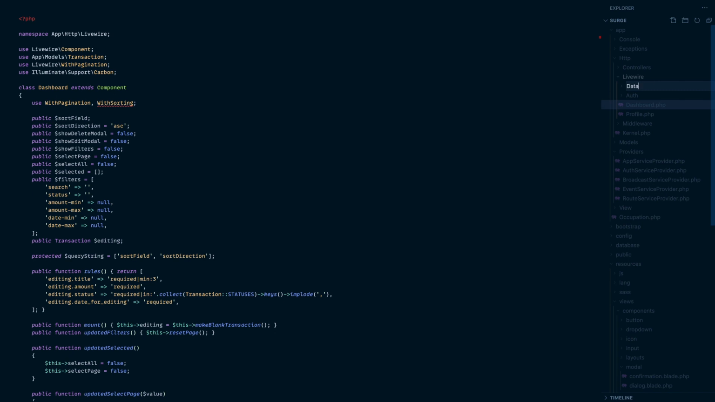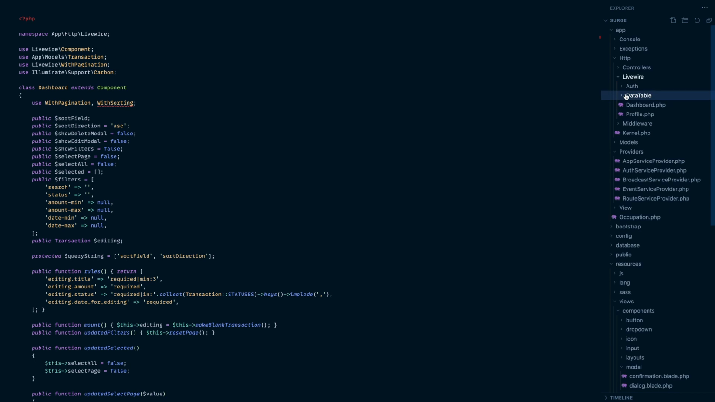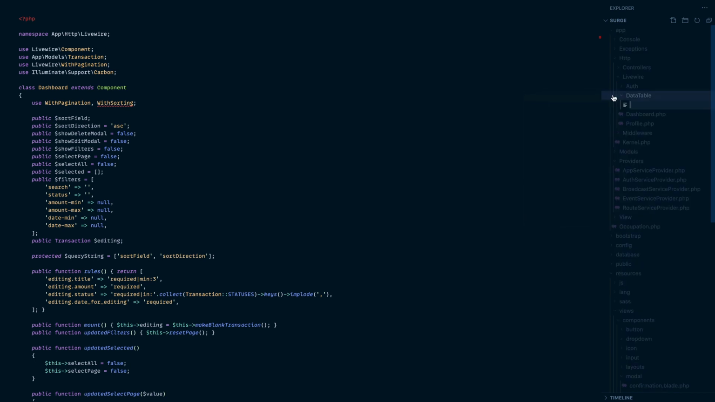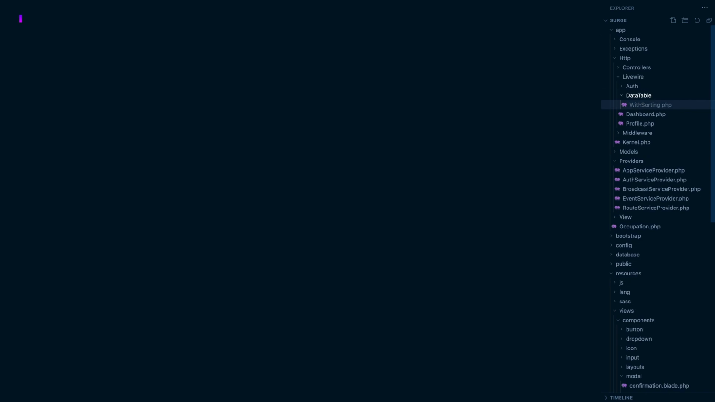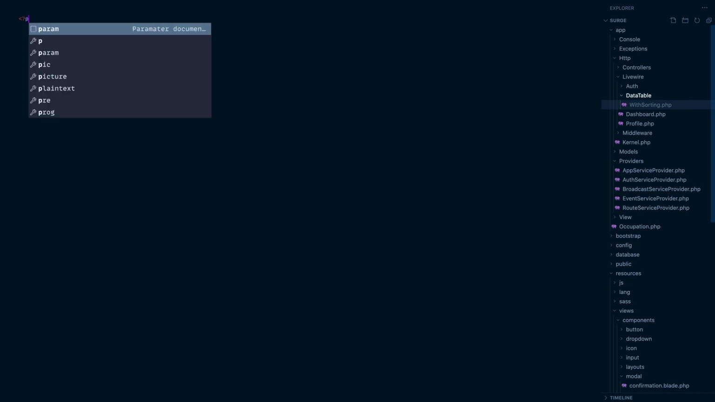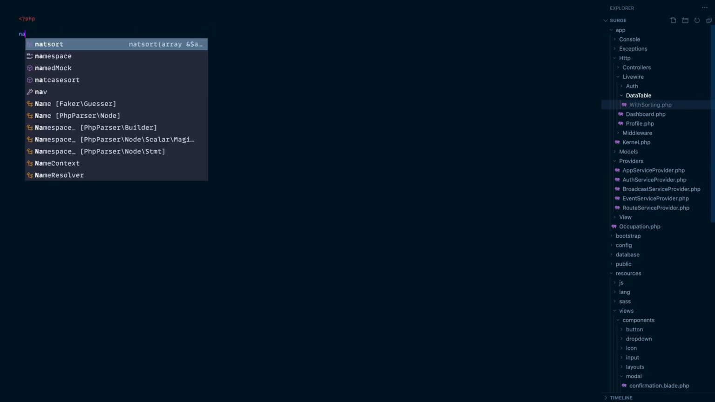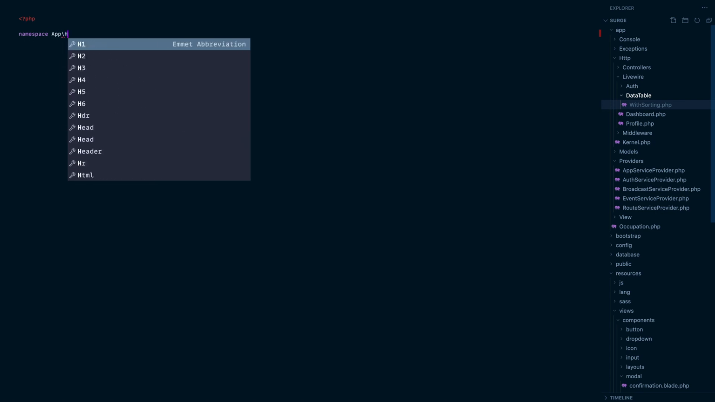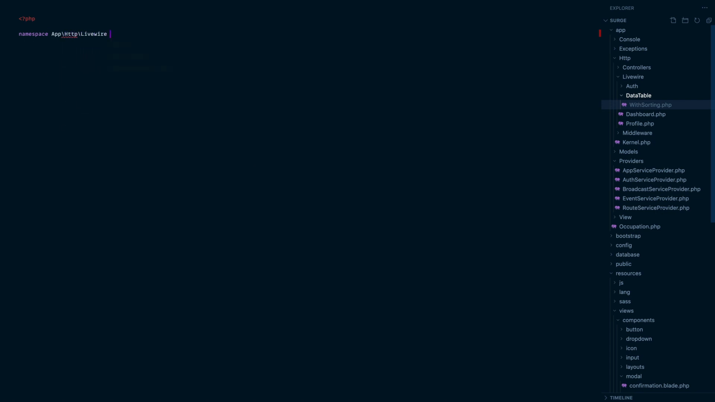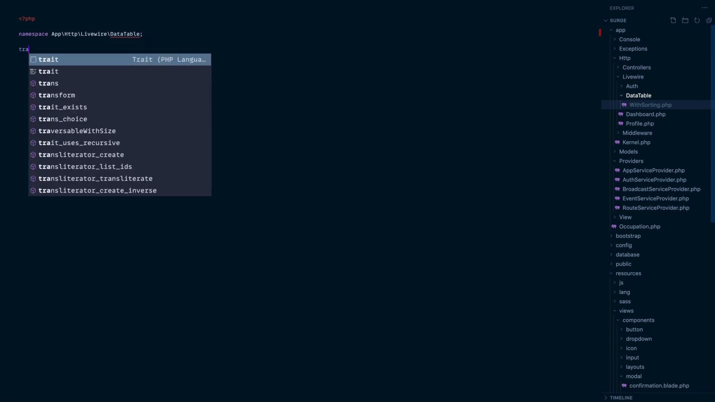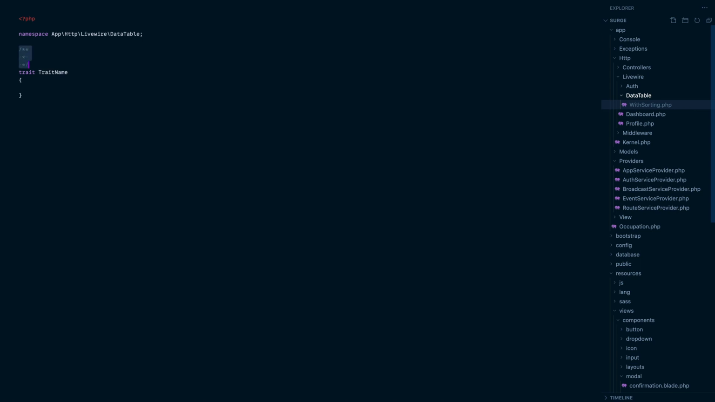Like this? Yeah, data tables with data. Let's do this. Let's do data table. And then inside of here, we're going to say with sorting.php. And then this is going to be a trait. So in the namespace of app, HTTP, Livewire. Don't you wish I had something to automatically do this? I think I do actually. I just always forget how to use it. And then trait is going to be